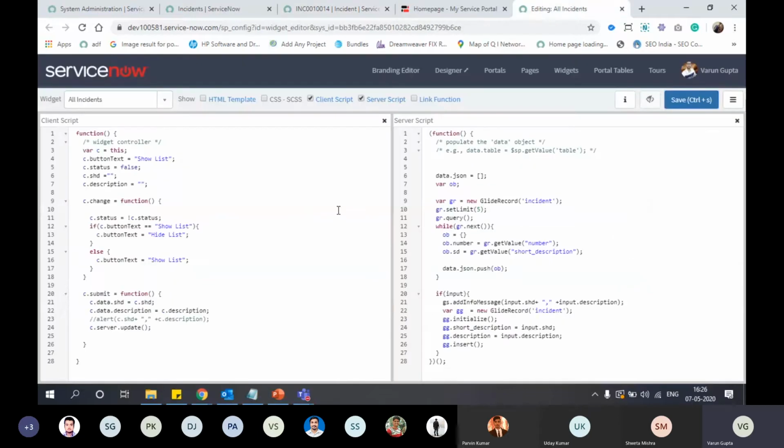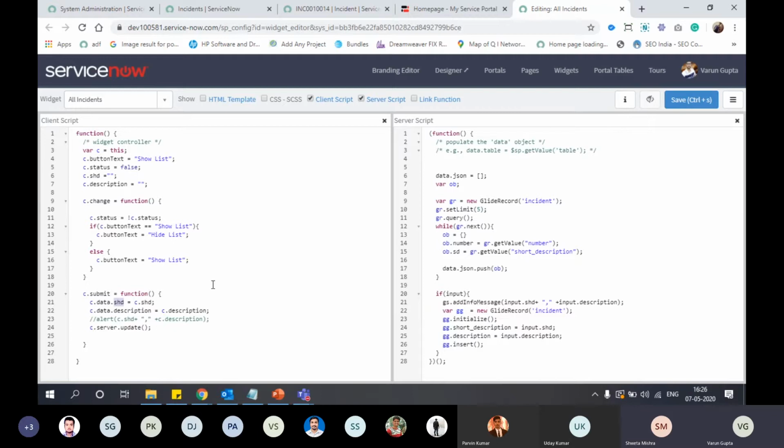So where to use C.data and where to use input? We use input only in server script. All the data we post from client script to server script with c.server.update will come in input. To transfer values to the server script, we should use C.data, then our variable name.